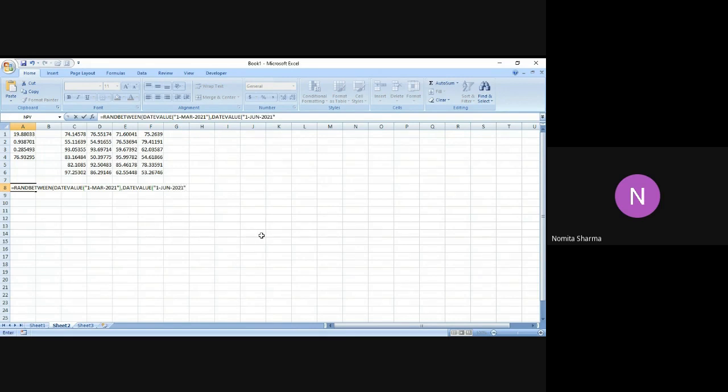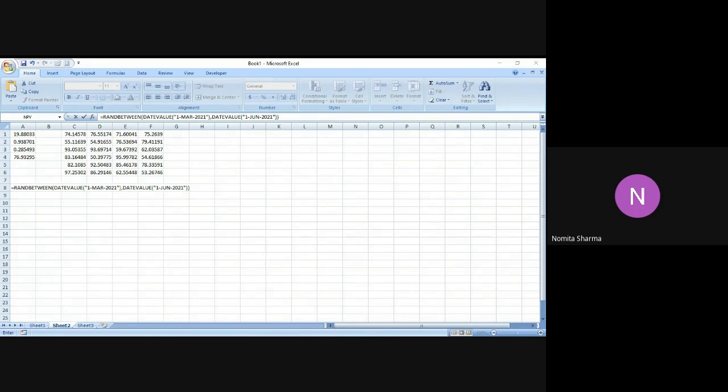21. I have to mention the double quote for the date and I again close the bracket, one for the date value and one for the rand between function. Now this one is for the date which I will get from this function. Next I want to have the time also. For the time I will be using the mathematical operator plus, and I will again use the rand between function and time value function for generating the numeric value of the time that I mention over here.